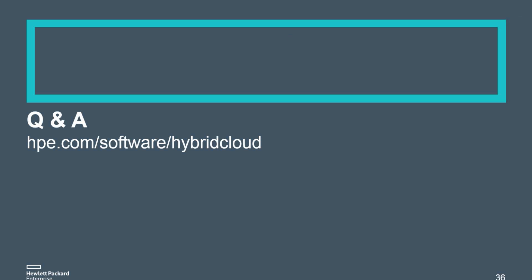So if I want to look at PCI compliance, for example, then I would go and download the PCI compliance content pack from HPE Live Network and import that into the product, and it will then give you all of that content to go out and give you the proper checks and remediation actions to make sure that your environment meets that particular compliance. So we support compliance for, gosh, I'm trying to think of what all we support. I know PCI,